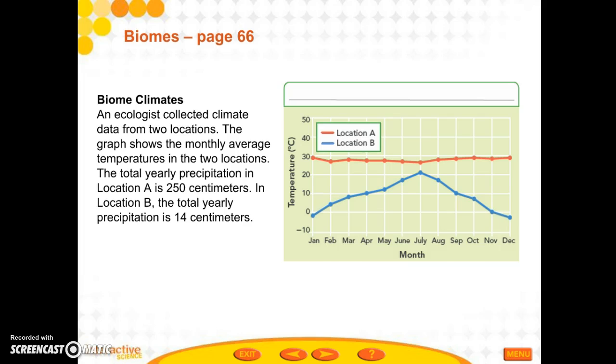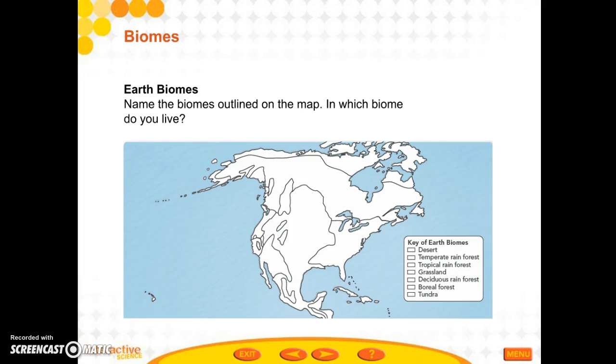Go ahead and try page 86. And if you really want to go above and beyond, we could do this tomorrow for bell work, but coloring the outlines of the biomes you see. Remember, which biome do we live in? If you said boreal forest, or, I'm sorry, no, I lied. Ooh. If you said eastern deciduous forest, you are correct. Kansas would be right about here on your map.